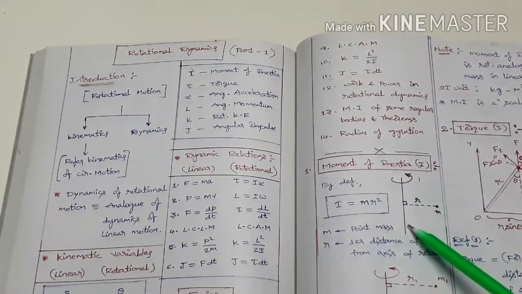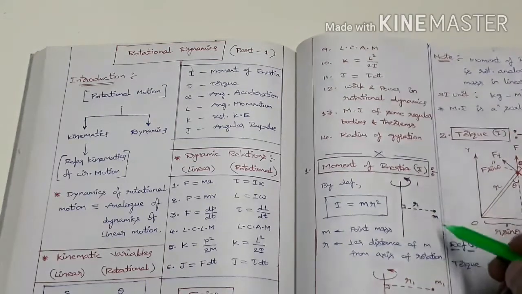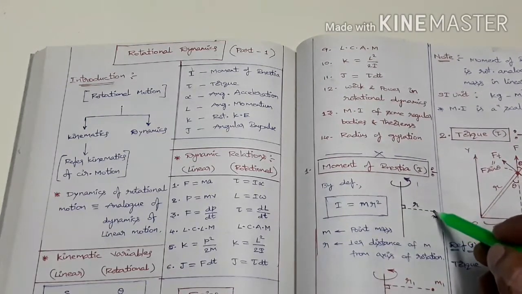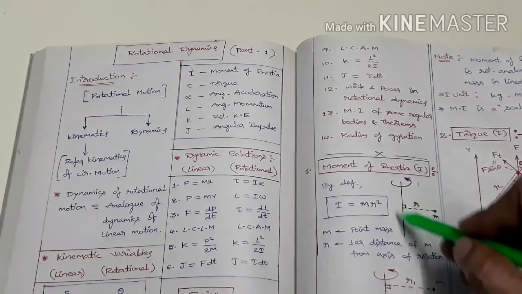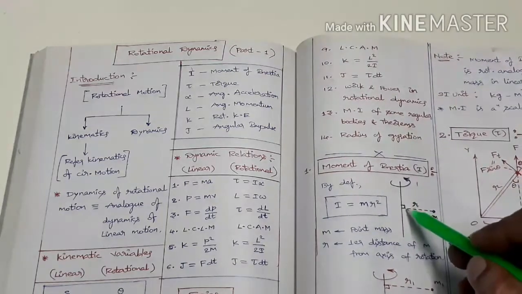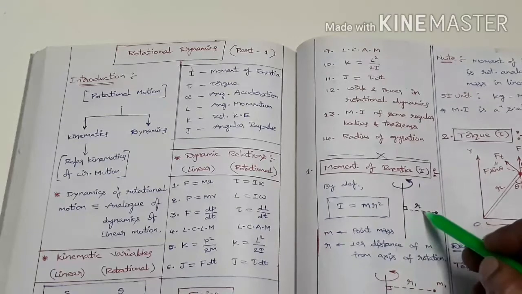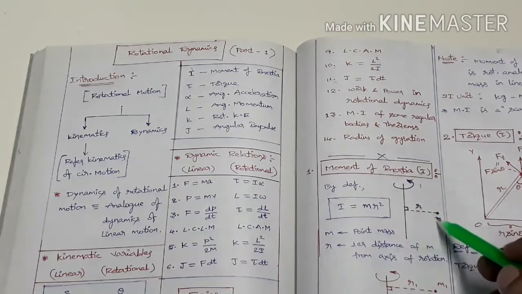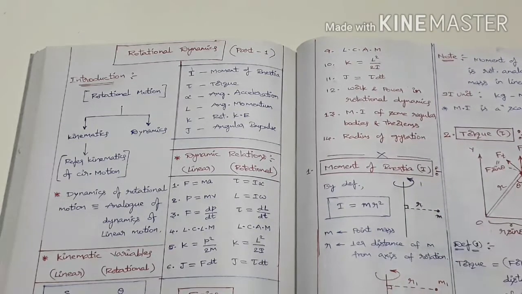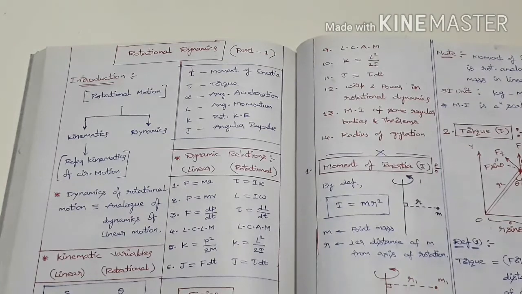Suppose this is the axis of rotation, and this is a point mass here. A point mass is rotating about this axis, and its perpendicular distance from the axis of rotation is r here. So in this case, what is the moment of inertia? You know, in linear dynamics, the role played by mass will be played by the moment